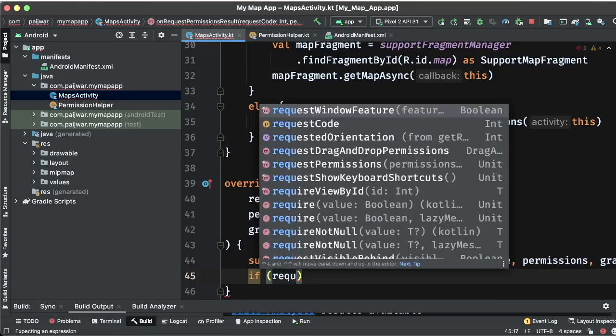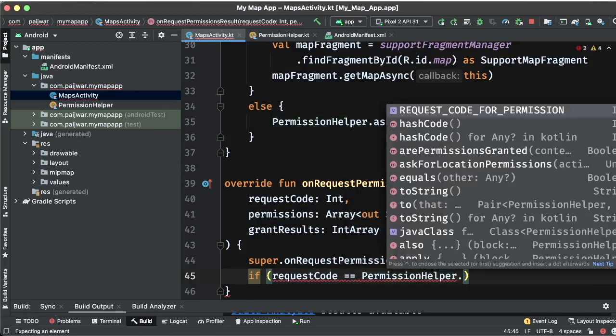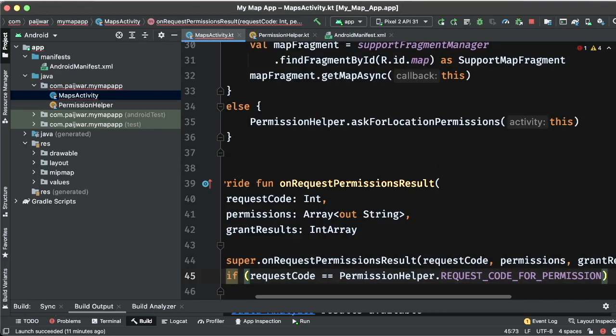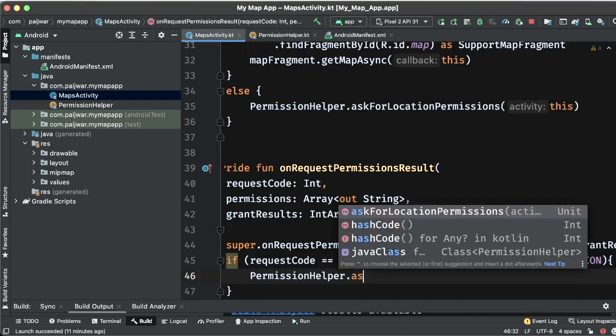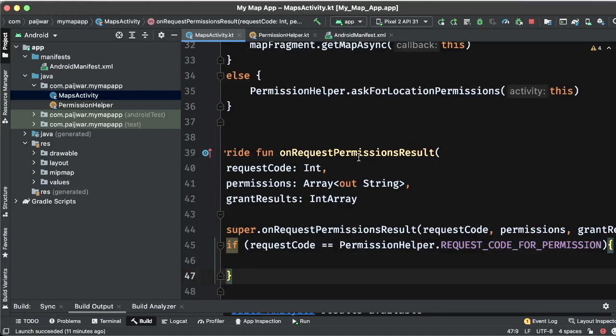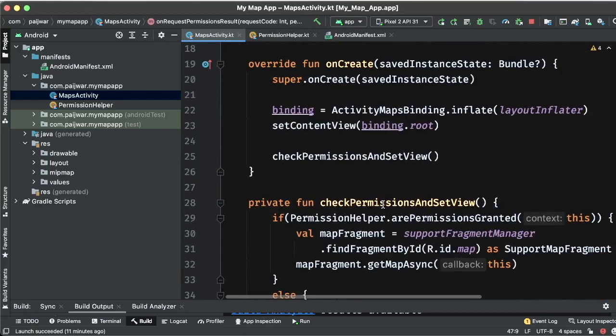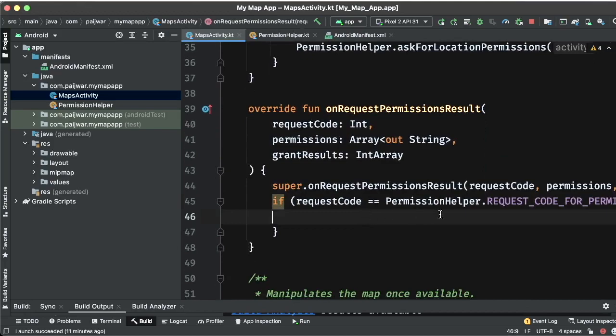request code is equal to permission helper.this permission. If this is, then only this is for us, and again we will ask for permission helper, and then instead of this we have written this method. We can call this method directly, checkPermissionAndSetView, and it will go in a loop until the user provides the permissions. Okay,